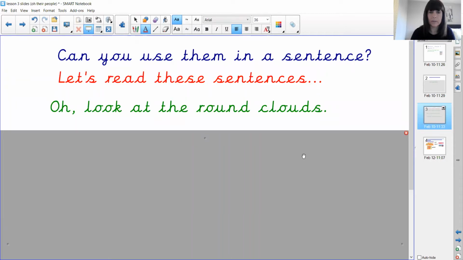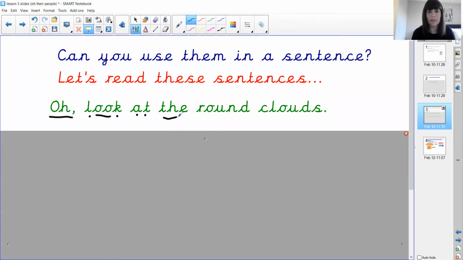Okay, so first one. We'll look through this one together, and then perhaps the next one, we can pause the video for a little while for you to have a go at the next one. So here's our tricky word to begin. Oh. It often starts a sentence as well, like, oh dear. And then here we've got, oh, look at. Another tricky word, the,